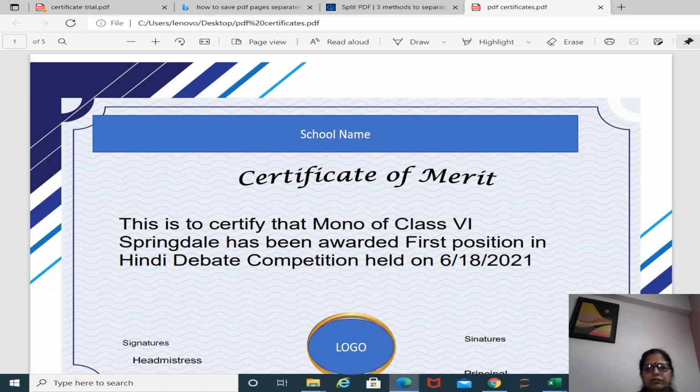Now one more thing which you can do, like suppose I have entered only the 5 records, so the complete PDF of all 5 pages will be appearing there. If you wanted to send it to individuals, then you can split your PDFs using PDF editors and then save them with different names, and then you can send it to different individuals.